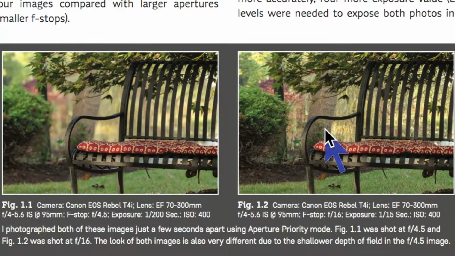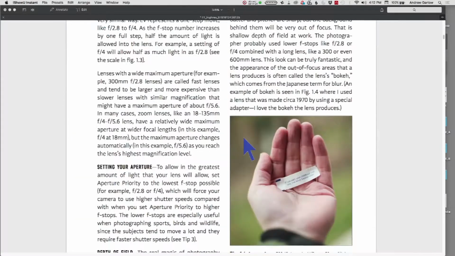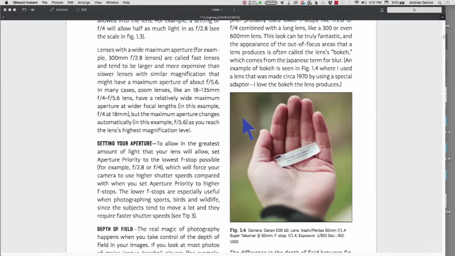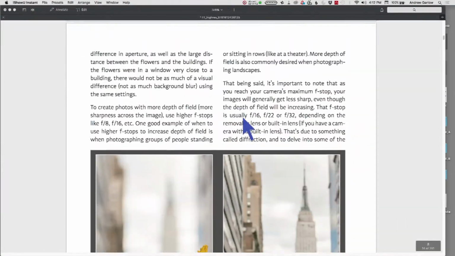And depending on exactly which aperture you choose, there are positives and negatives as far as the amount of sharpness that you can achieve. There's a lot that goes into just choosing your f-stops when you use aperture priority. And I do get into it a bit, but I just wanted to show you in practice what that would look like.